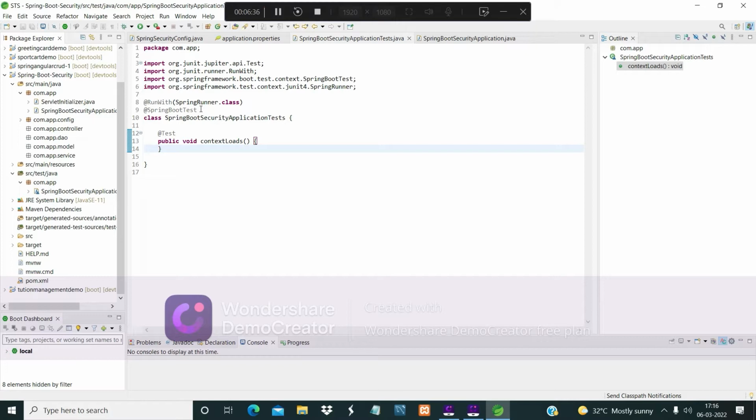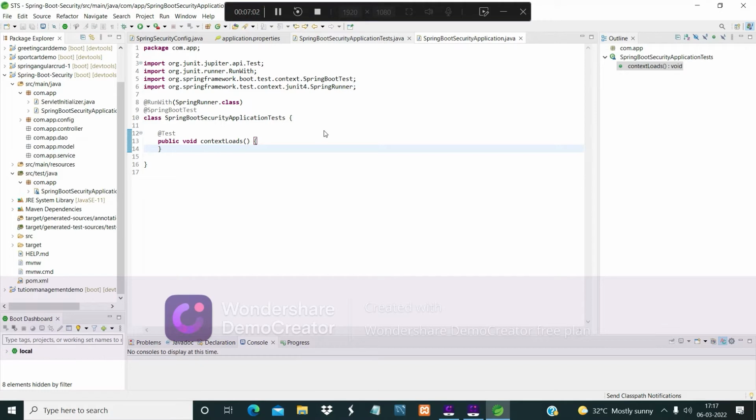So we will add a new dependency into the pom.xml, that is the JUnit 4 version. Don't worry, guys. I have added the code into GitHub, and I will give the link in the description.